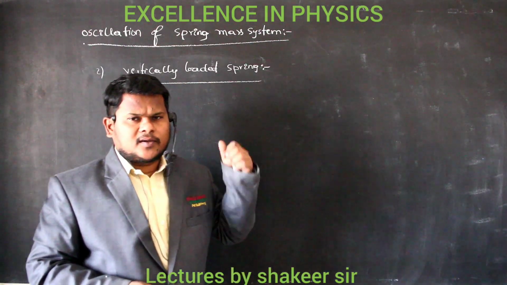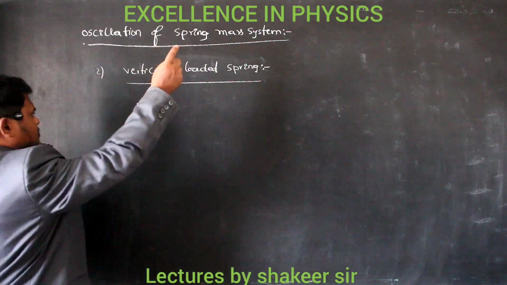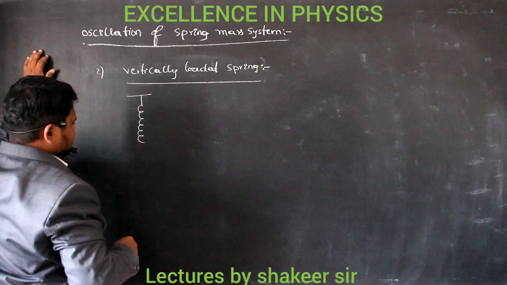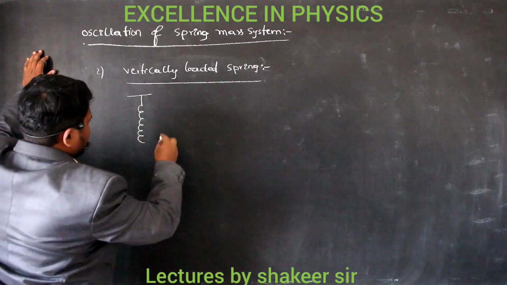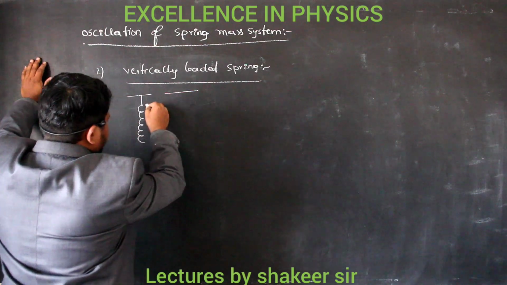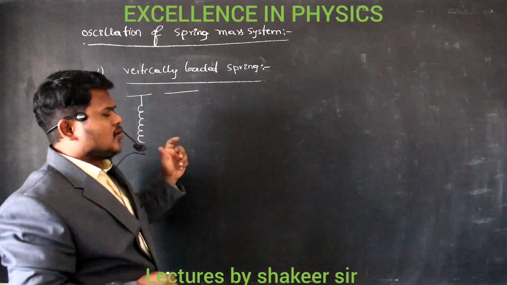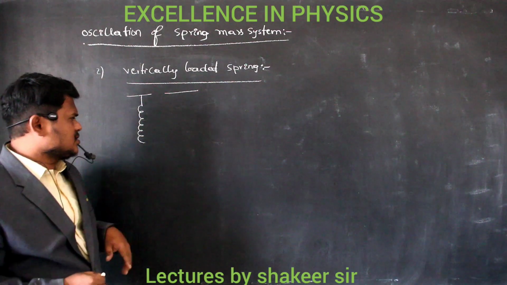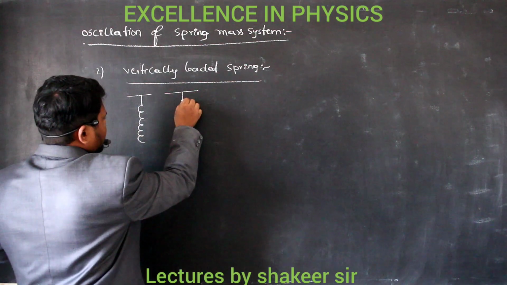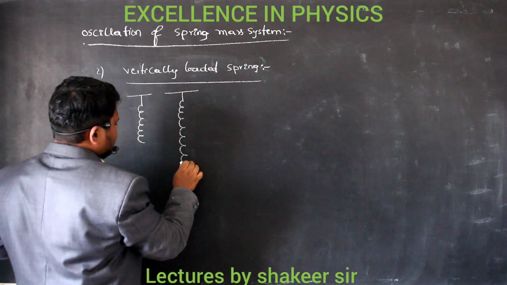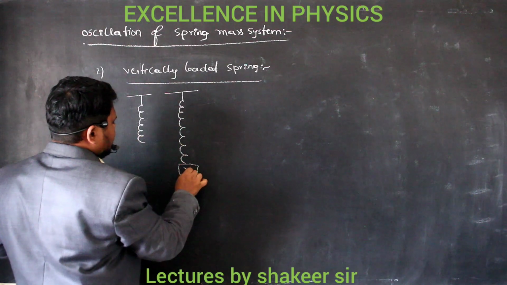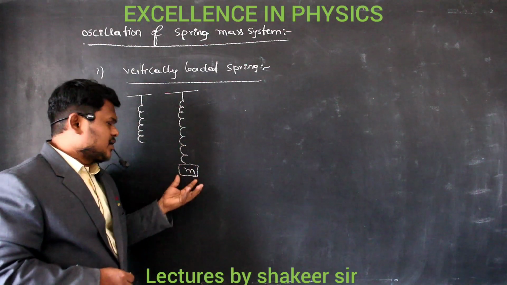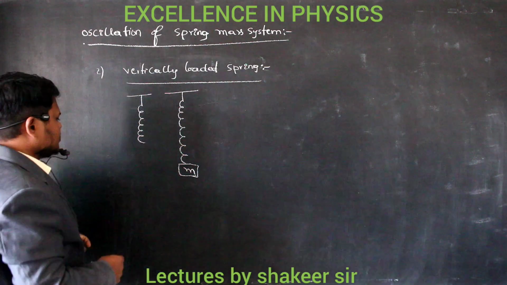Dear students, now let us see this vertically loaded spring. For example, let us consider we have taken a massless spring. So this is a spring which is massless. Clear? Now this spring, if it is massless, what will happen? It will not elongate. It means the spring is present in its natural length only. There is no elongation produced in this spring. Now to this spring, I attach a small mass. Clear? So I attach a mass of m. So if I attach a mass of m, the weight of this mass, mg, will be pulling the spring downwards. So there will be one elongation produced in this spring.